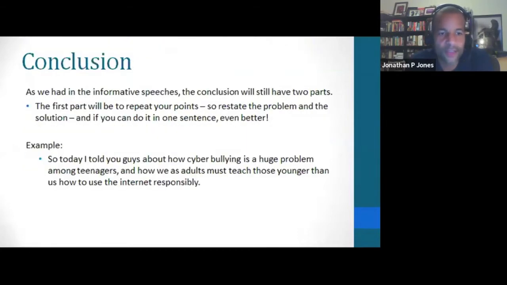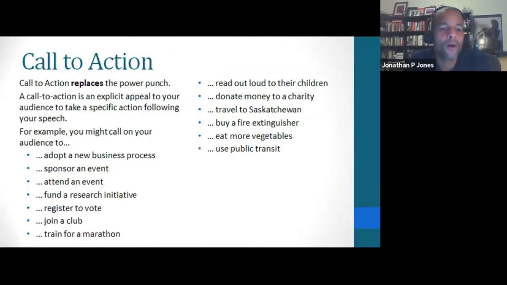Conclusion. As we had in the informative speeches, the conclusion will still have 2 parts. The first part will be to repeat your points, so restate the problem and the solution. And if you can do it in 1 sentence, even better. So here's the example. So today I told you guys about how cyberbullying is a huge problem among teenagers and how we as adults must teach those younger than us how to use the internet responsibly. Raising awareness, remember? All right,